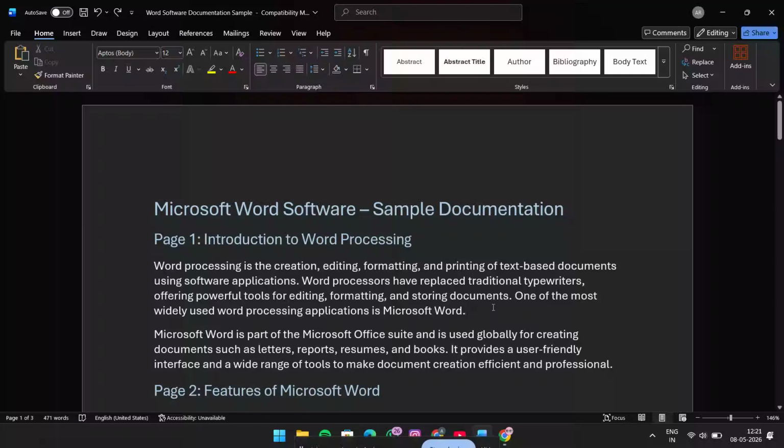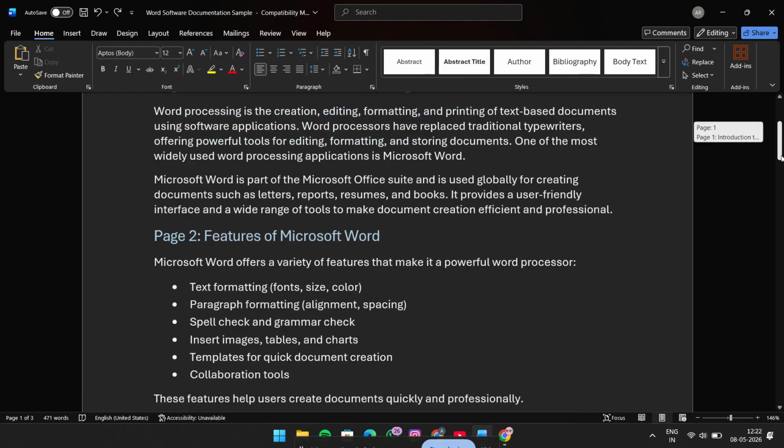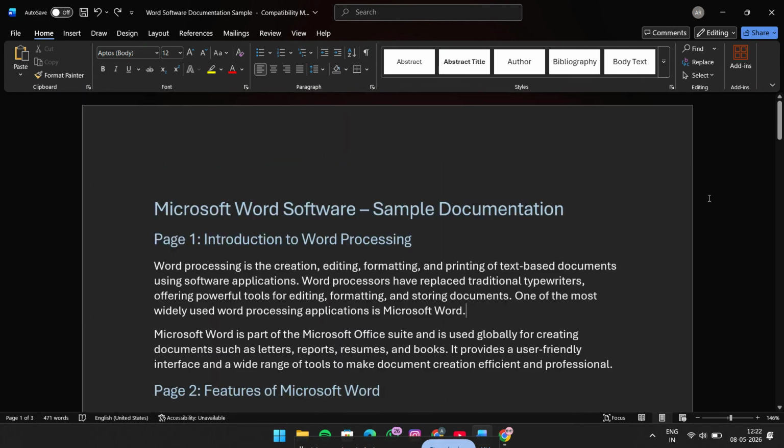If you want to disable the vertical scroll bar in Microsoft Word, you're in the right place. This is a quick little setting that can make your Word interface feel a bit cleaner and less distracting, especially if you prefer a more minimal workspace while typing, editing, or reviewing documents. In this video, I'll walk you through the exact steps so you can turn it off in just a few